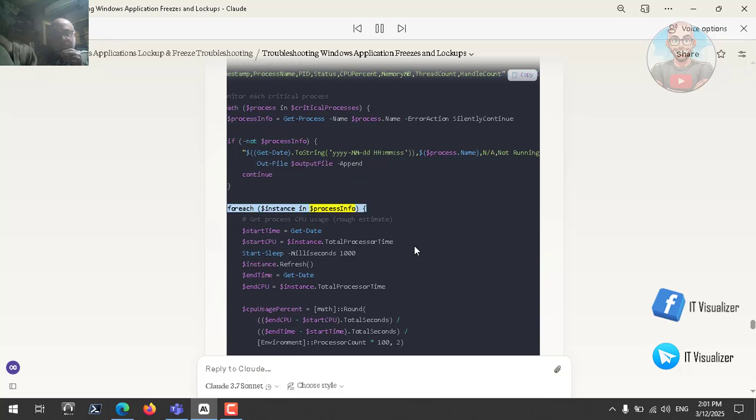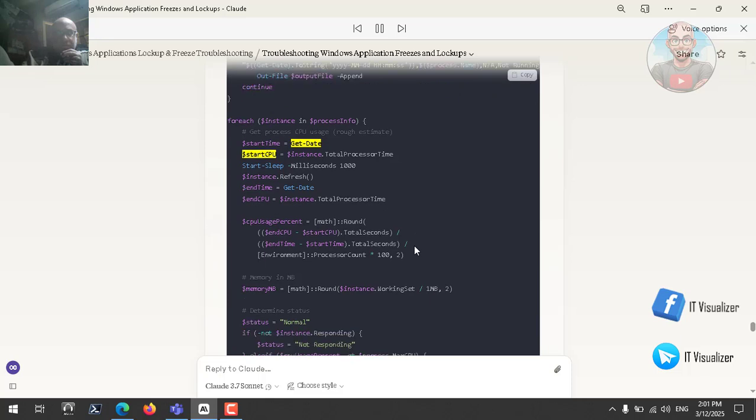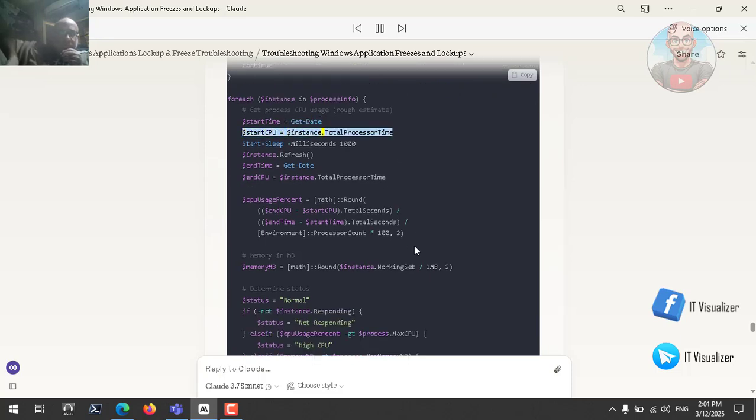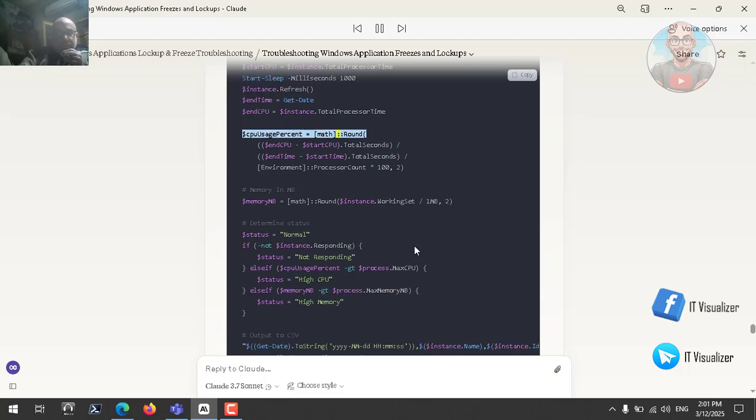$instance and $process info. Hashtag get process CPU usage, rough estimate. $start time equals get date $start CPU equals $instance dot total processor time start sleep milliseconds $1000 instance. Refresh. $end time equals get date $end CPU equals $instance dot total processor time $CPU usage % equals math :